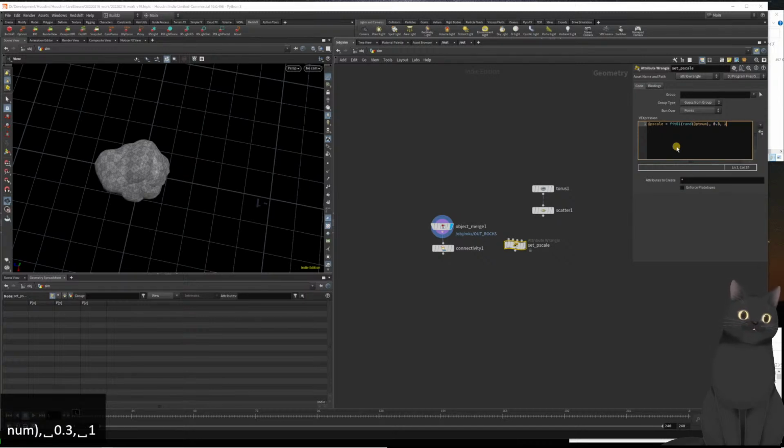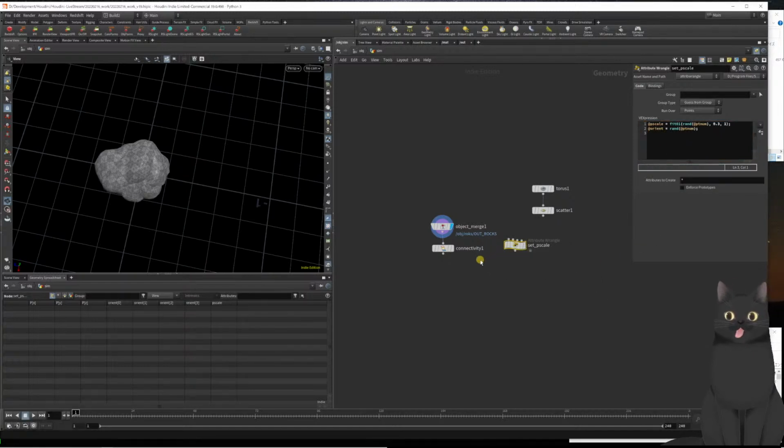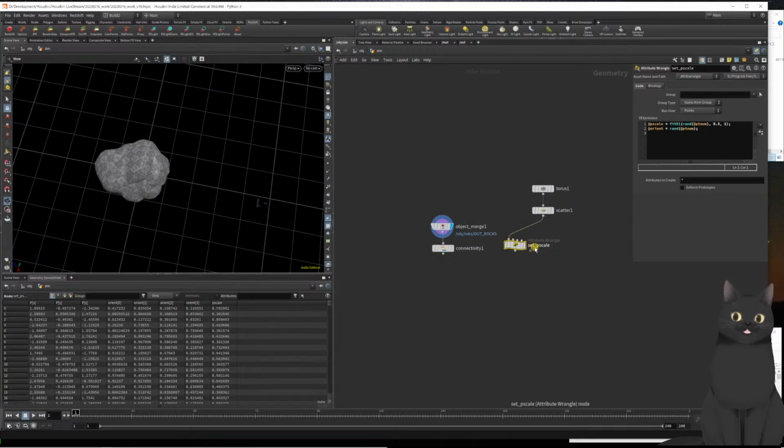And then I remap it to be not from 0 and 1 but 0.3 and 1, because we don't want these extremely small particles and your RBD will glitch if you feed something very small. And then I want to randomize the orient, so they are rotating in all different directions. And this cheers goes to Entagma, where I think they showed scattering the line in that tutorial. But this attribute from pieces, I wasn't aware of this node for a long time, but it's super cool. So basically what it does, if you write down p